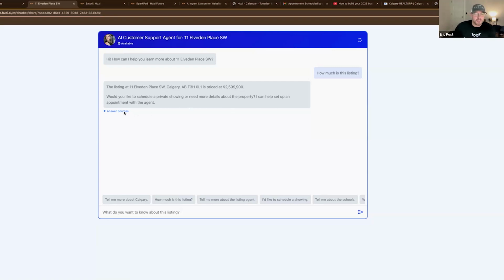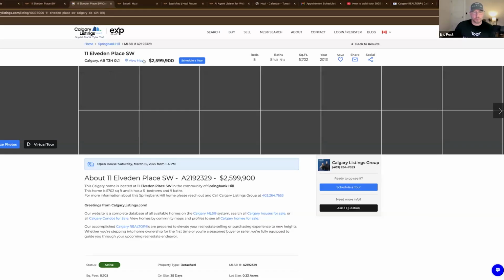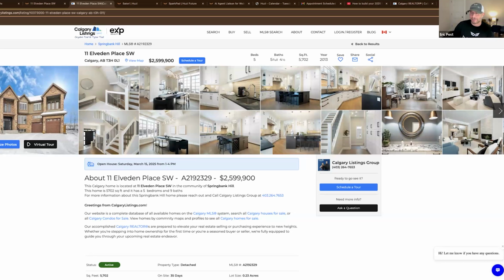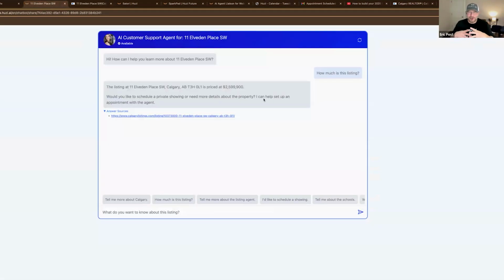All right. Now, if you notice here, there's an answer sources feature. I have it turned on so the user knows wherever the information comes from. If they want to click the listing, they can get right to the link and see more details about where the information the AI agent served up came from. I think it's really important that you give that transparency to people. AI shouldn't be a black box spitting out answers when you don't know where they came from. So I like that in our system you can deliver information on sources, and I'll show you where to click that box. Every answer you can cite the source for it.